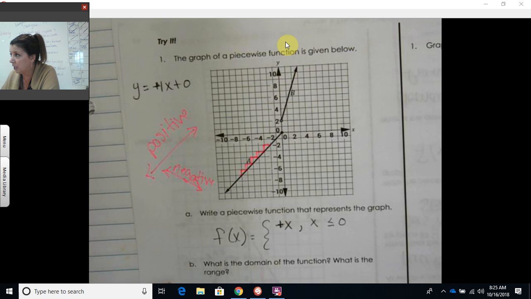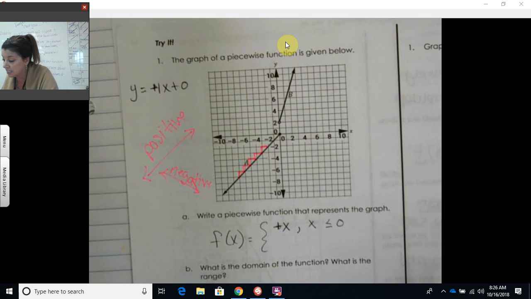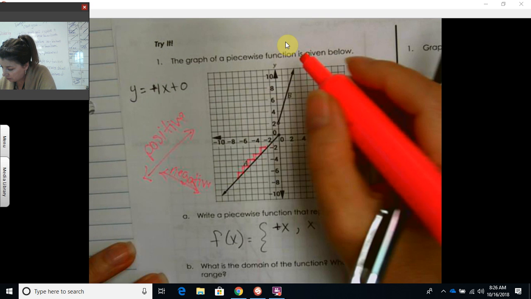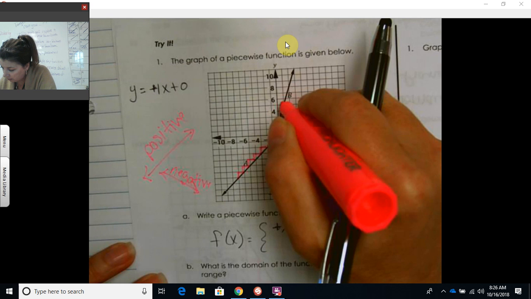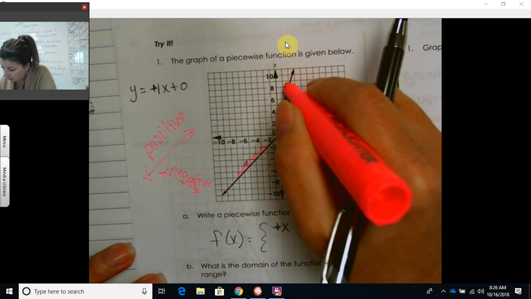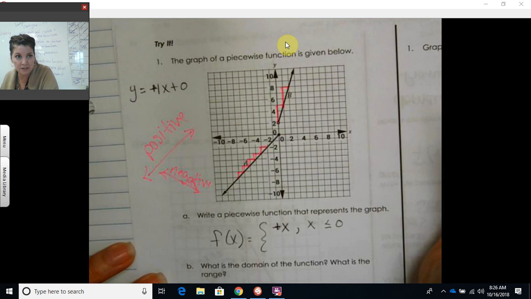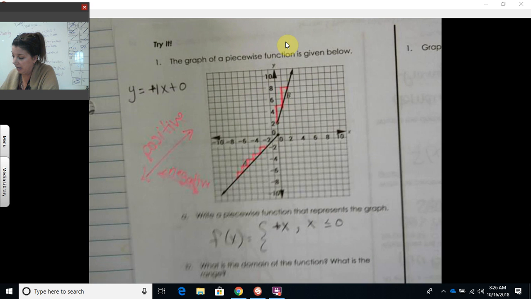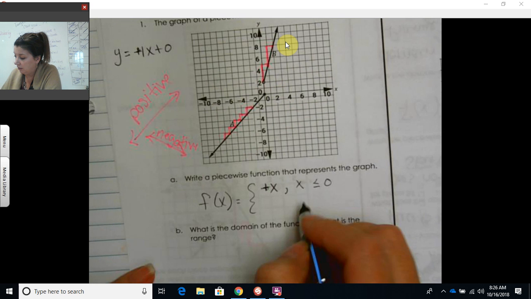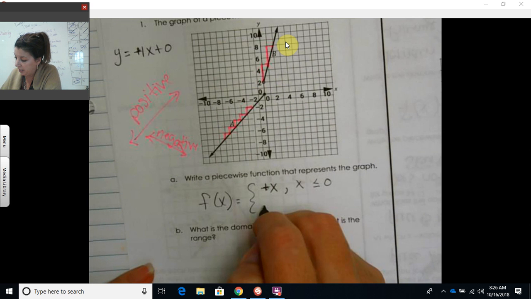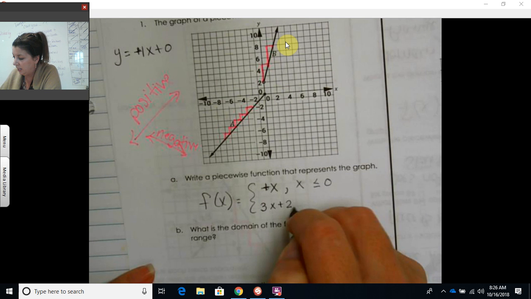Okay, let's try the next one. B. What is its slope? You say 3? Looks about right. Rise of 3, a run of 1. And what's the y-intercept? 2. So how would I write that? Y equals 3x plus 2. When x is